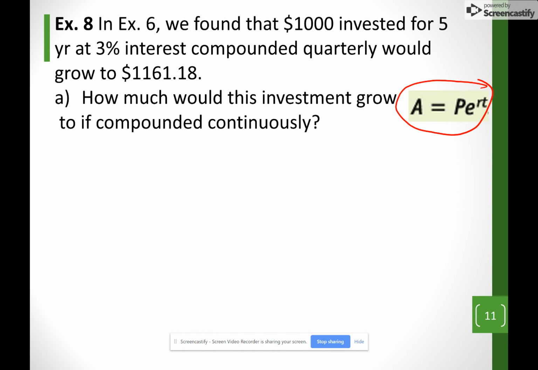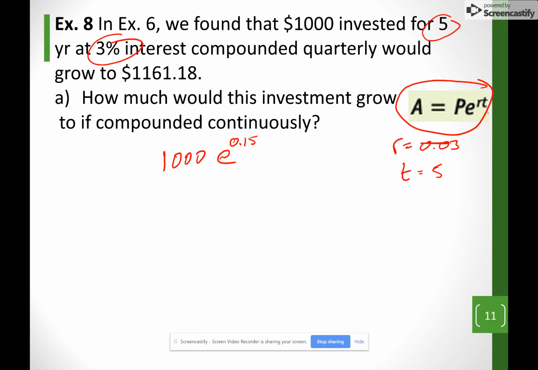So we found in example 6 that if we invest $1,000 for 5 years at a 3% interest compounded quarterly, it grows to 1,168. Now, how much would it be if it gets compounded continuously? So let me use this. The principal is 1,000, and I'm going to do E. The rate was 3%, so 0.03. The time is 5 years, so R times T gives me 0.15. That's my exponent. So I do E to the 0.15, that gives me